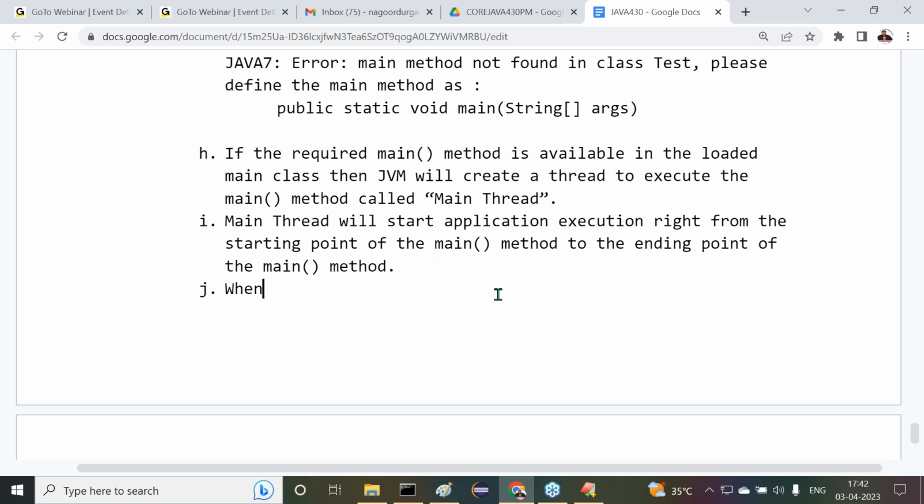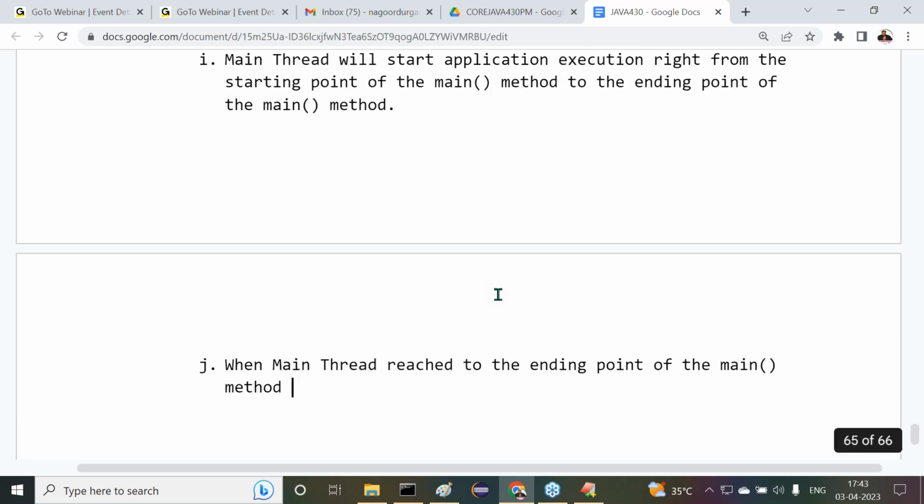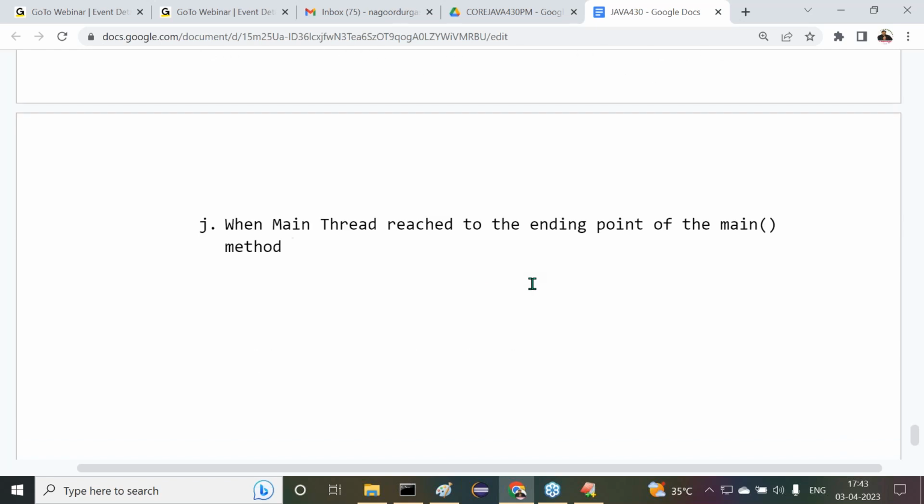When the main thread reaches the ending point of the main method, then the main thread will come to the dead state. The main thread will come to the dead state. With this,